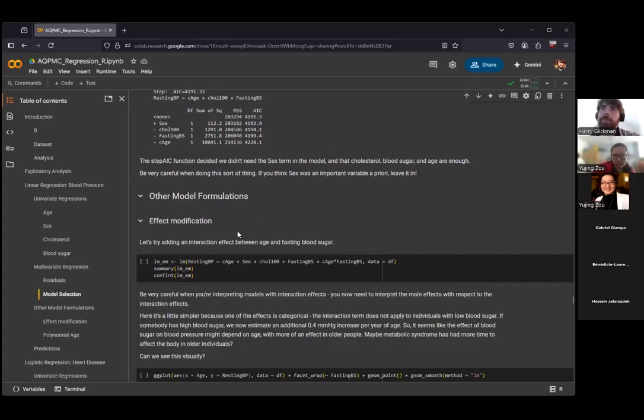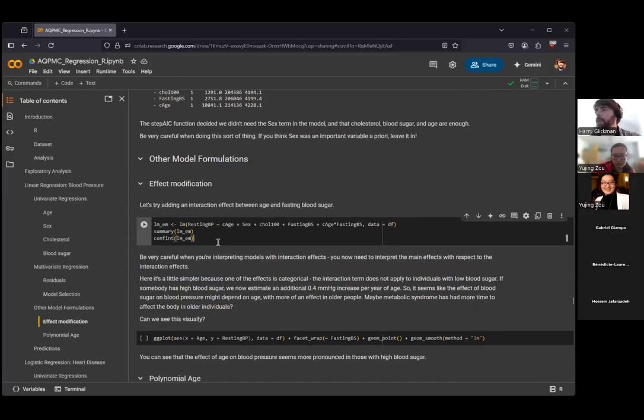Next thing I want to show you is effect modification. So we're going to add an interaction effect here between age and blood sugar. And I played around a bit here to get a significant effect, which is, of course, bad practice. And importantly, I chose one continuous predictor and one categorical predictor because that'll let us pretty easily interpret what's going on. So adding an interaction effect, as I explained yesterday, is just saying that there's some effect on blood pressure